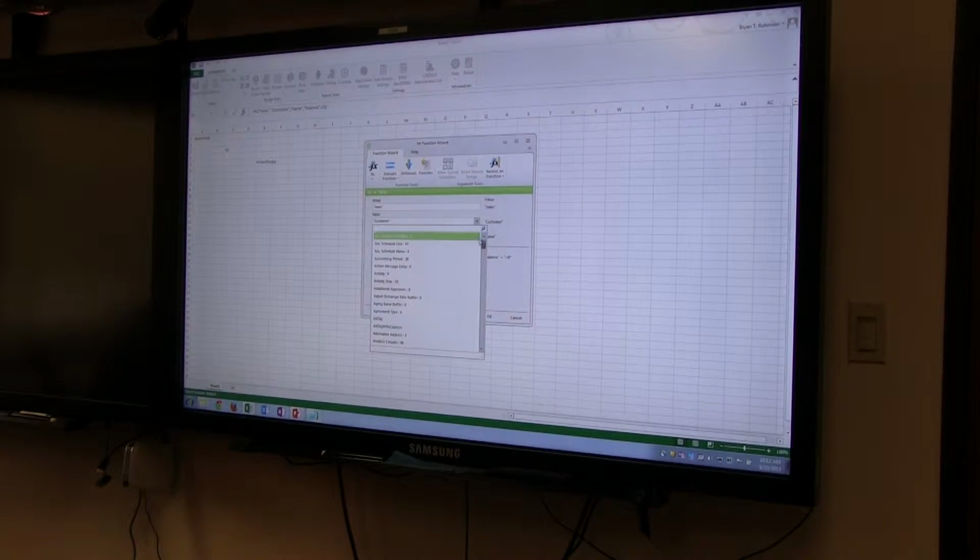One of the reasons you might use favorites is scrolling through all these tables. But the nice thing too is if I drop this down, there's this little search box right here. For example, if I type in the word customer, here is every table in my database that has the word